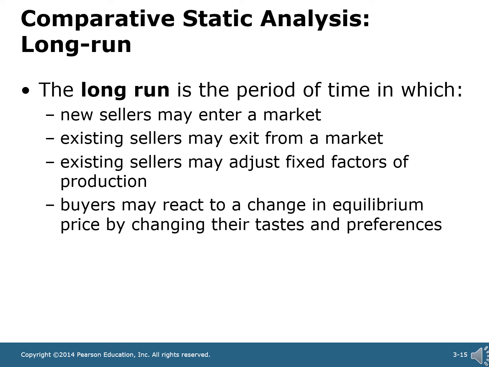So if contracts are locked in for a long time, maybe they're locked into their production facility for, say, a 10-year lease. In the long run, they're able to adjust those factors that are fixed in the short run. So in this case, the long run is 10 years when they're able to move to new facilities, larger or smaller facilities. And also, buyers can react to a change in equilibrium by changing their tastes and preferences. In the short run, people react by purchasing more or less of a good, but over the long run, if those price changes remain permanent, people's tastes and preferences begin to change as they get used to the new goods